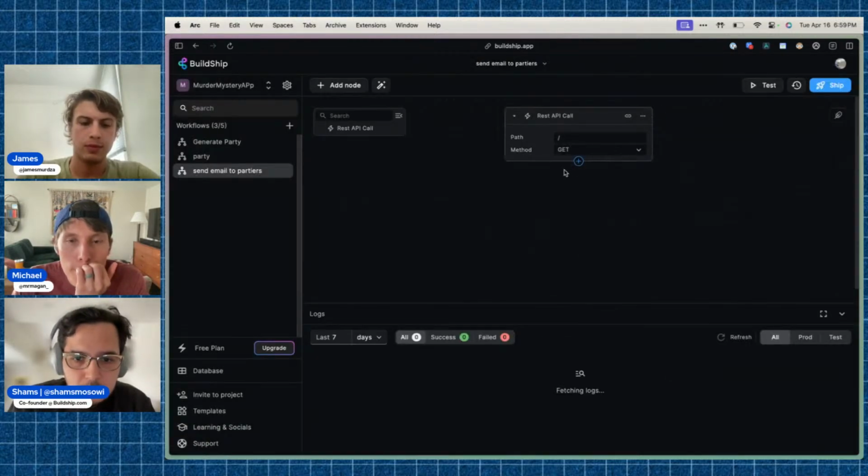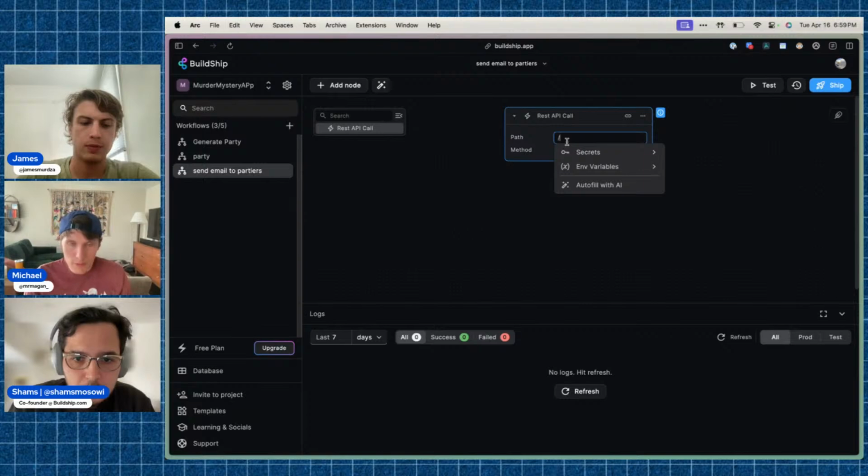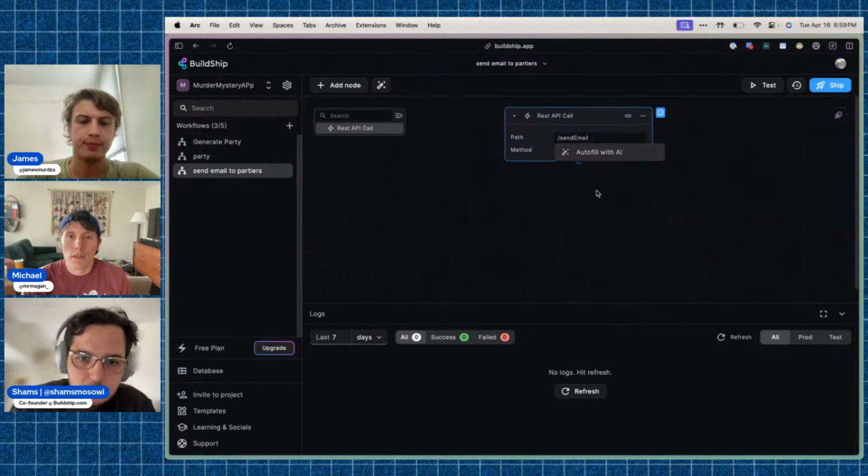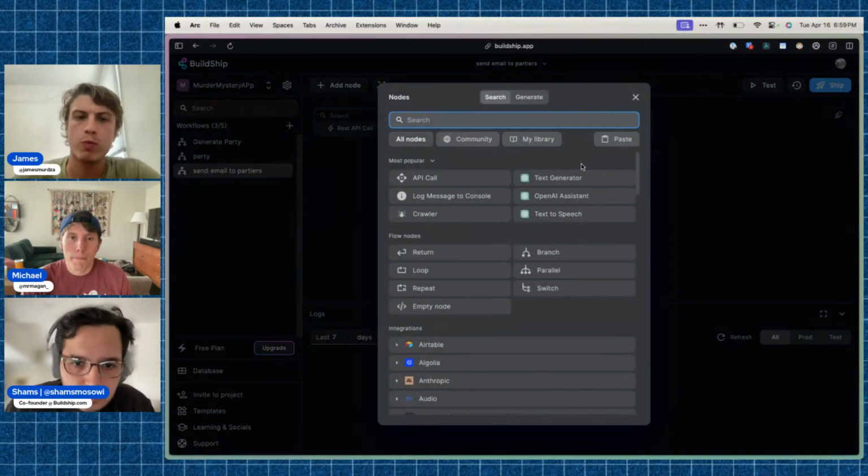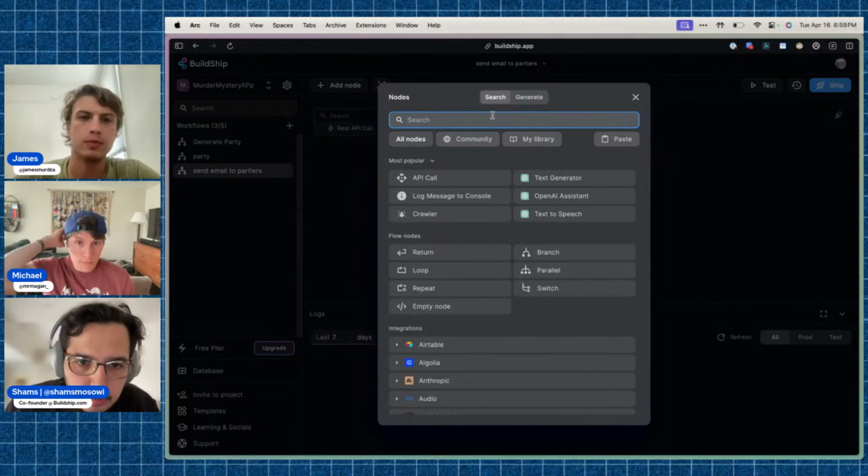Add a trigger. And call this send email. That should probably be a POST. Yep. And then I think we want to do a loop, right?